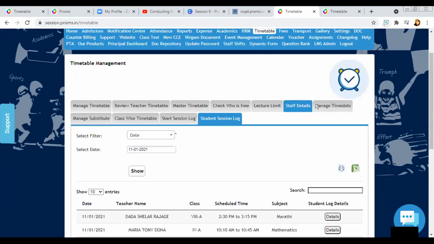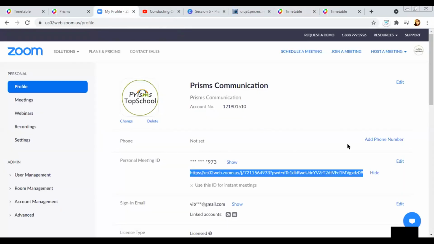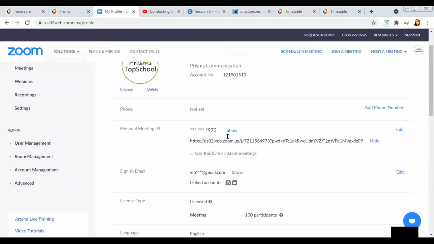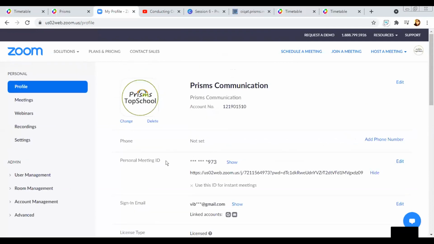So any other doubts, teachers, regarding timetable? Ma'am, this is Anaga Kulkarni from New English High School. Will you please show once how to get the link from the teacher and assign it to that particular teacher? Okay. Sending the link is the teacher's part. In case of Zoom, when you log in, there is something called personal meeting ID. Even in your app, in the meetings tab above, there is your personal meeting ID. Ask the teacher to send that invite link to you, so that the link will have this ID. Each teacher will have their unique personal meeting ID.